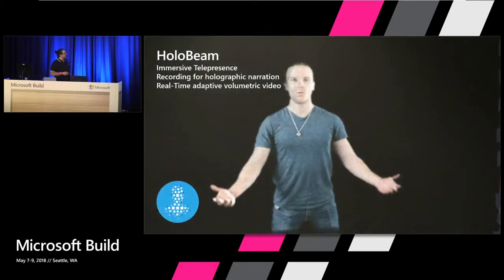All right, another example, HoloBeam, our immersive telepresence solution, which we're working on. So what are we doing here? We're taking a 3D depth camera, like the Kinect or the Intel RealSense. We take the depth data plus the color data, encode that, and then stream it over the internet, just using a normal internet connection, 3 to 5 Mbit, adaptive streaming, and then we can reconstruct it in real time as a point cloud on the HoloLens.